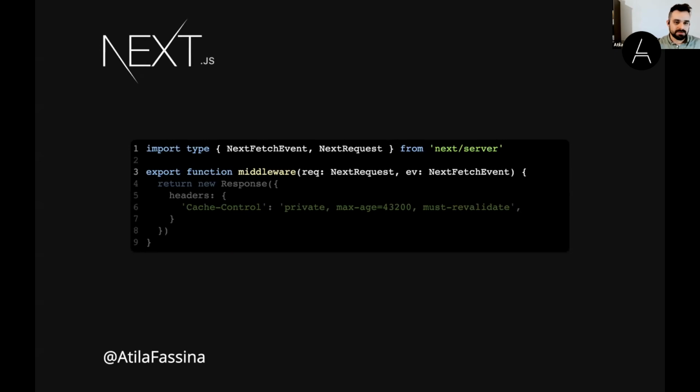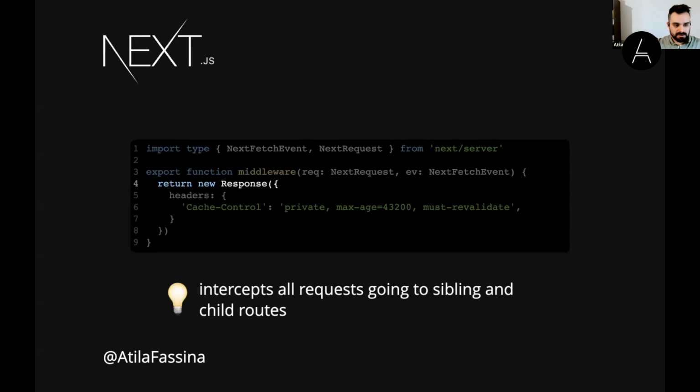The first one is using edge functions or a middleware. If you're not familiar with Next.js middlewares, it's something that we put on the file system based routing. The middleware is going to intercept the response on the edge for each route, each sibling route or child route. So if I put that on the root of my pages directory, it's going to intercept every request that I make. I'm going to intercept the response, and I'm going to apply my cache control header to every response that is going there